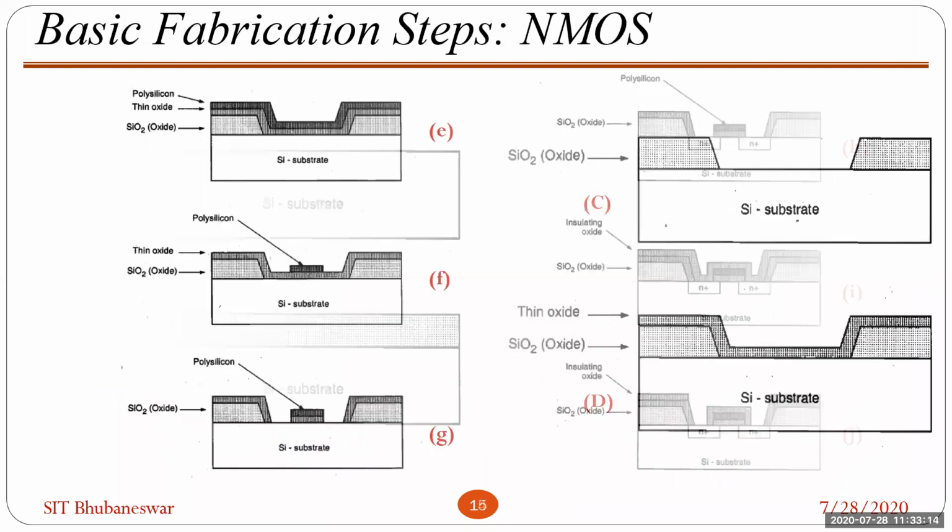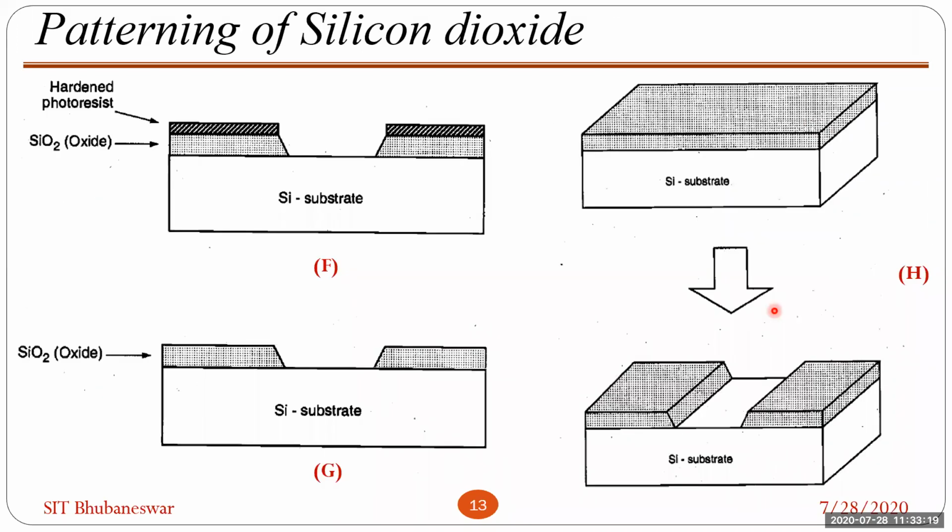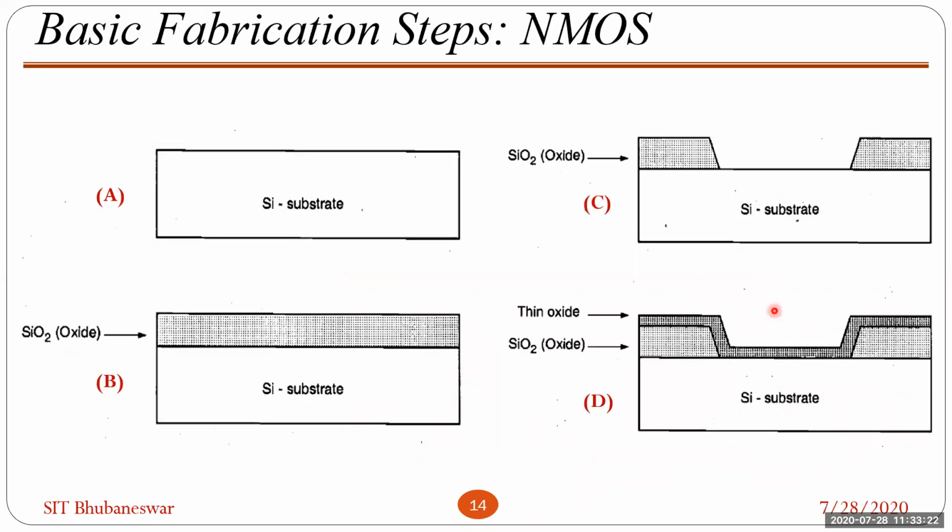So now you understood the patterning process. Now it will be easy for you, the fabrication steps of NMOS. Okay, how we will create an NMOS. So till now you have understood how to remove that silicon dioxide from over the silicon substrate. So this is the silicon substrate, then you will create a silicon dioxide over that. After that you will use UV lights, then you will use photoresist, then you will remove that part by etching. So finally you will get this part, free part.